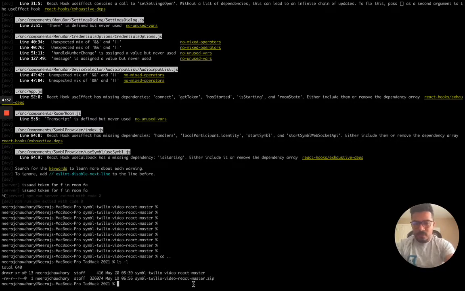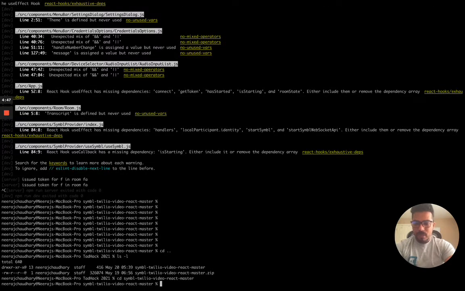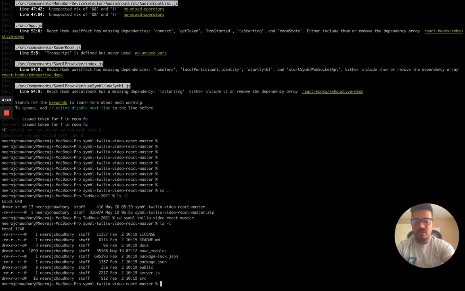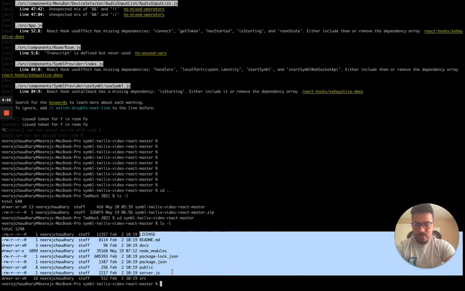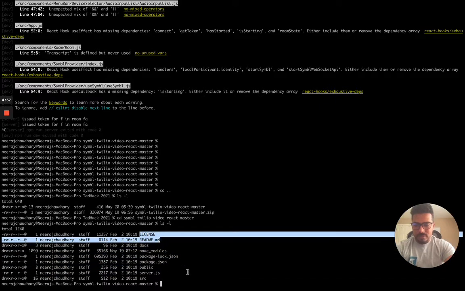Once you have symbl-twilio-video-react downloaded on your system, go to this library and make sure that you have all these files over here. As you can see, the whole repo is there.